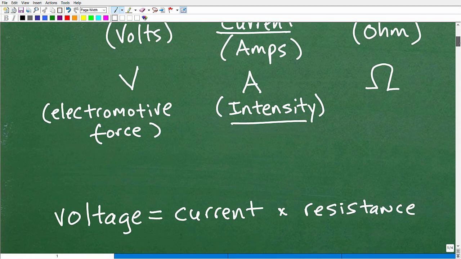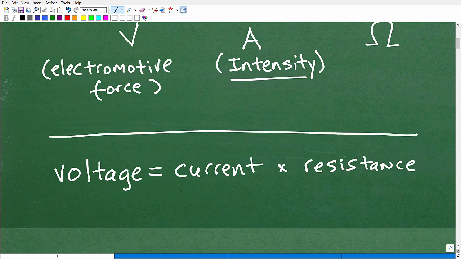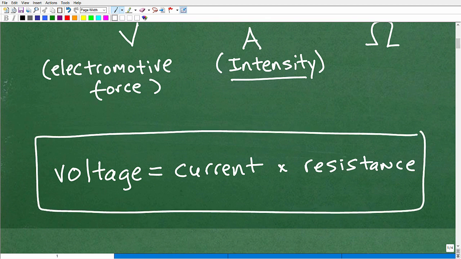All right, so that's really the main concept here, right? Voltage equals current times resistance. This is Ohm's law. Again, the algebra, the formula, could sometimes give some people a little bit of trouble. Of course, being a math guy, I have an extra motivation to clear up any of this formula